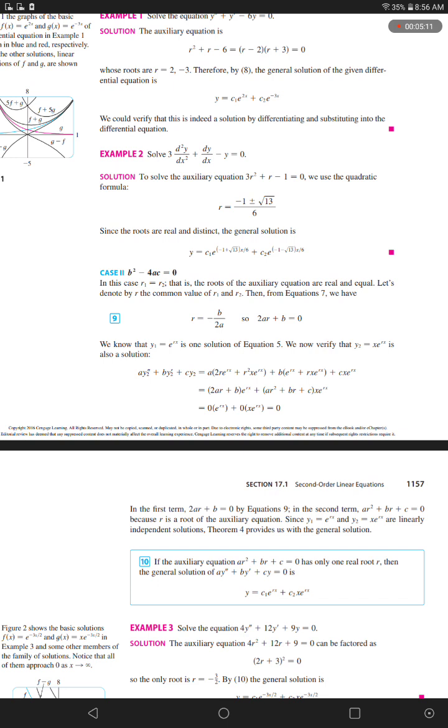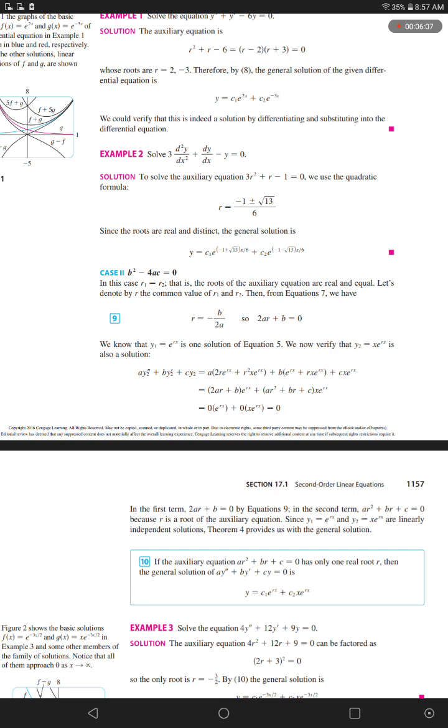We now verify that y sub 2 equals x times e to the power rx is also a solution. a times the second derivative of y sub 2 plus b times the first derivative of y sub 2 plus c times y sub 2 equals a times open 2 times r times e to the power rx plus r squared times x times e to the power rx close plus b times open e to the power rx plus r times x times e to the power rx close plus c times x times e to the power rx equals